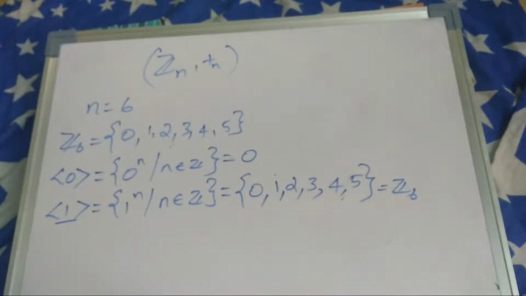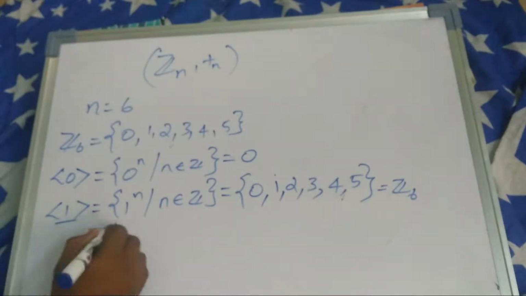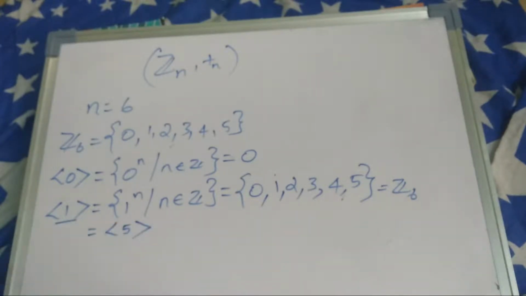Also, from the result which I said, this is also equal to the subgroup generated by 5 because the inverse of 1 in Z6 is 5. So what we said, in a group G, the subgroup generated by a and the subgroup generated by a inverse are the same. Now, if we look at the subgroup generated by 2,